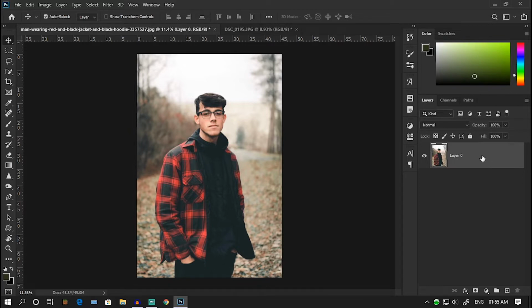And why did I do that? Don't worry about it, it's just for demonstration purpose. So the easiest way to do what I want to do is maybe use the lasso tool and select the head. I'm just going to make a rough selection because this is for demonstration purpose,